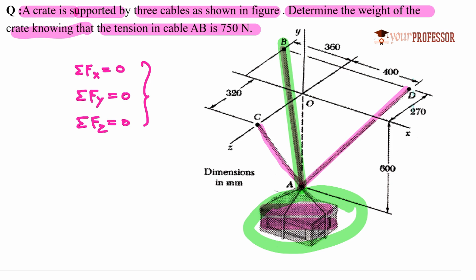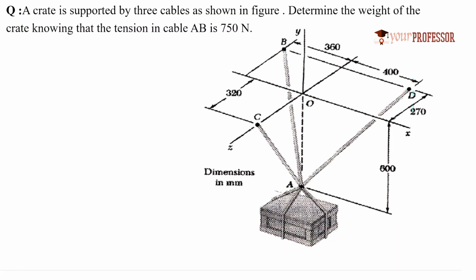Before utilizing these three equations, let's find the force vectors which are present along the AB, AC and AD strings. And when we consider weight, it acts vertically downwards, through OA. As all the forces are meeting at point A, I will consider equilibrium of point A. This is the point where I am going to consider equilibrium. Point A is having connection with point C, point D and point B, right? So it is having connection with three strings.